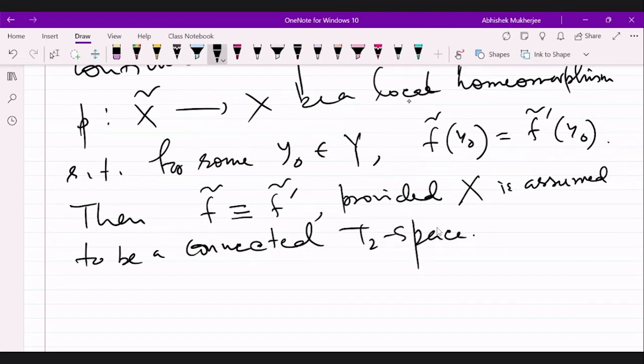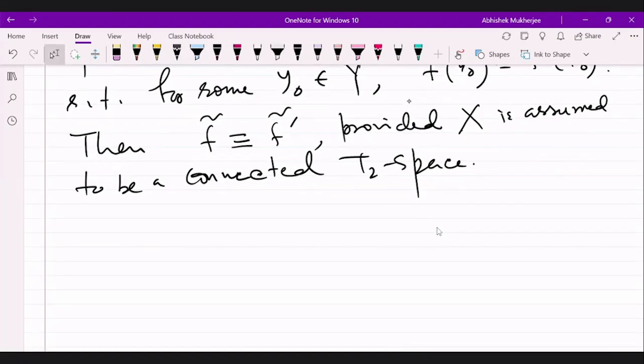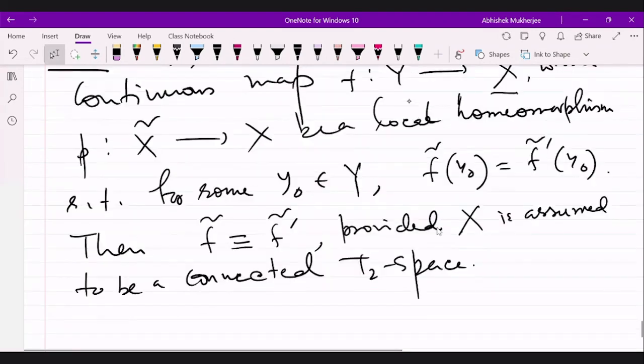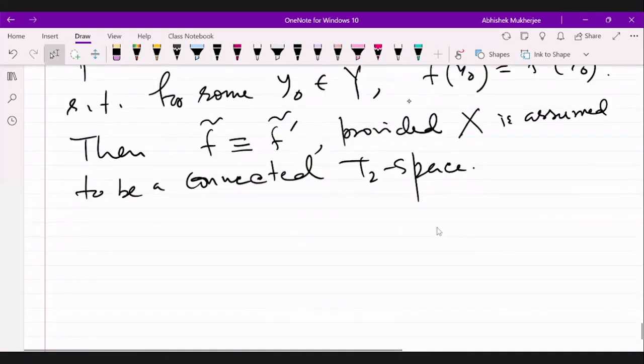So if it coincides at some point, it will coincide entirely. Just using the connectedness and T2ness, you will get that result. And because every covering map is a local homeomorphism, in view of this,